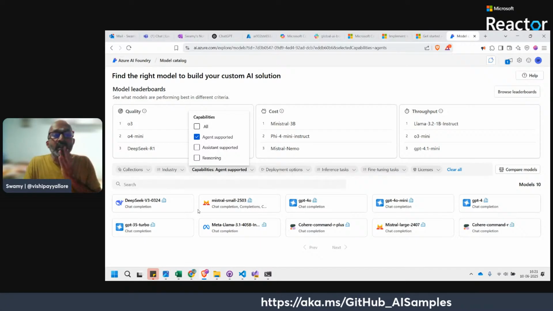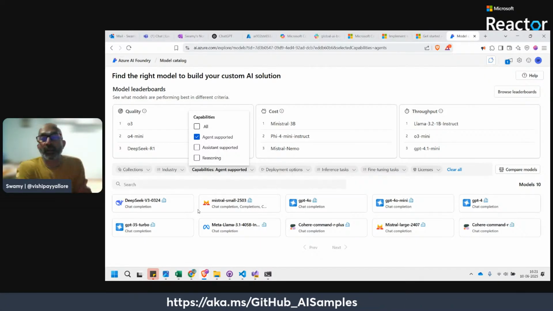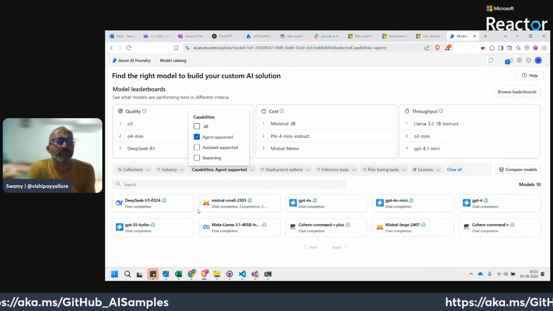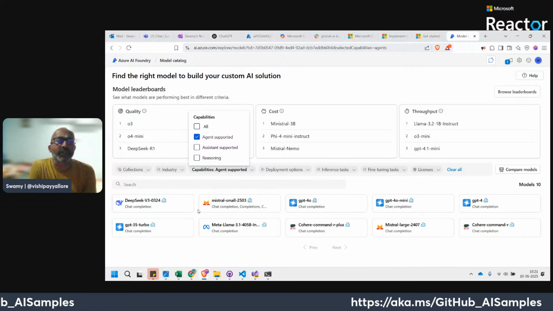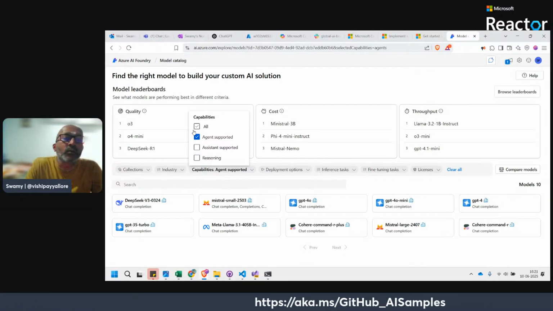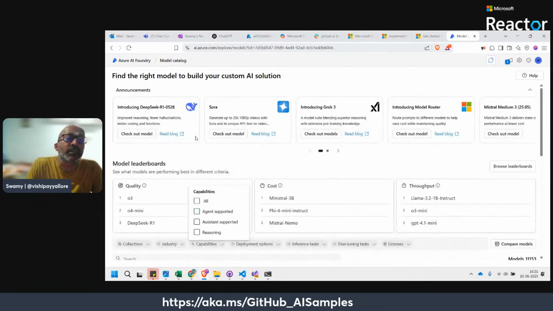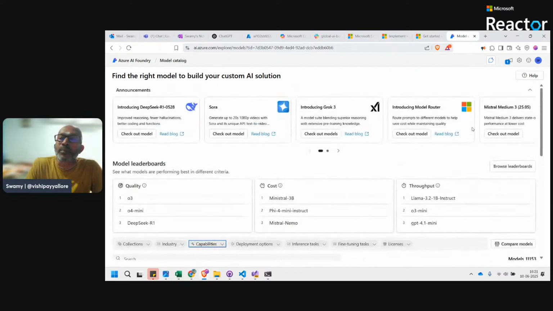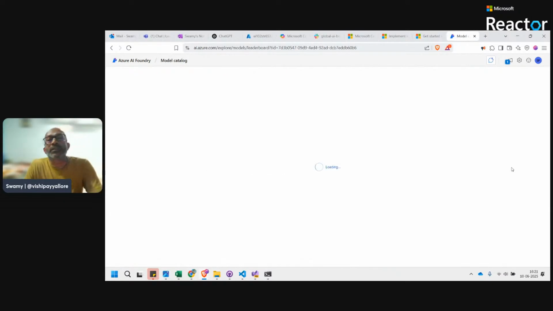So we saw GPT-4, 4o mini. Do we have GPT 4.5? No, not yet. So GPT-4. These are the models. We can do pretty much the filtering on that. And compare models. We can compare models and browse the leaderboard.